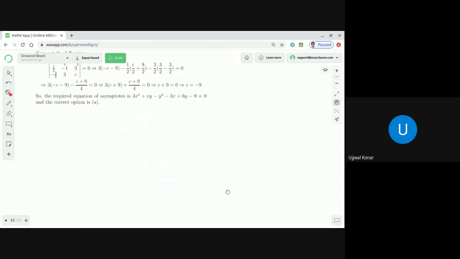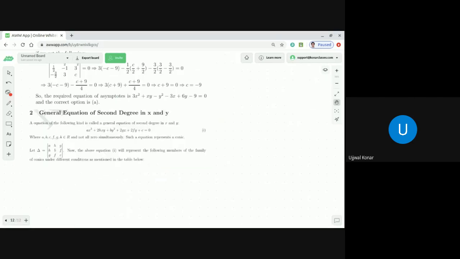What is the general equation of second degree in x and y? That is, as I said a minute back, it is ax square plus 2hxy plus by square plus 2gx plus 2fy plus c equal to 0. That is the general equation of second degree in x and y. Obviously, a, b, c, f, g, h all belong to the set of real numbers, and all cannot be 0